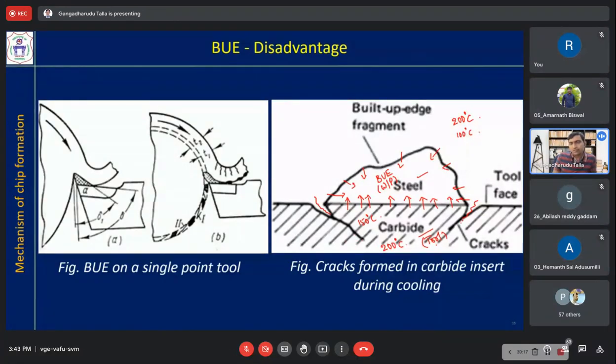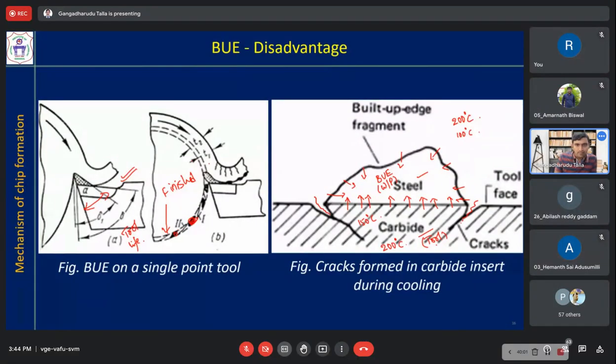So this kind of cracks will form due to difference in the melting temperature or the cooling rate of these workpiece and tool materials. So one disadvantage is tool geometry is changing, rake angle is increasing effectively. So that will reduce the tool life. If rake angle is less, tool will break quickly because it is becoming thin effectively. And built-up edge is sticking to the finished workpiece, that is also not desirable. Surface finish is getting damaged.